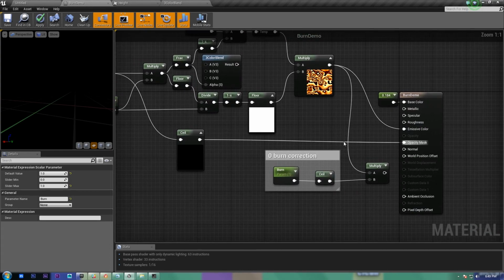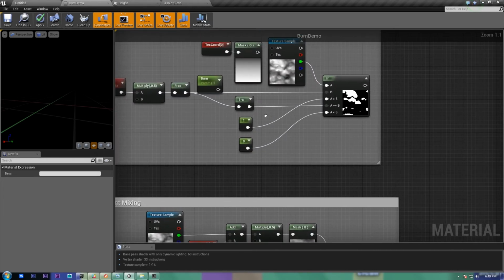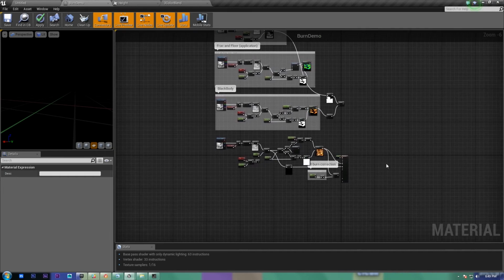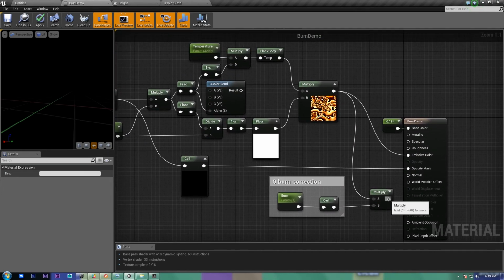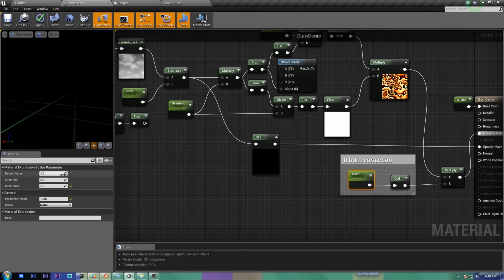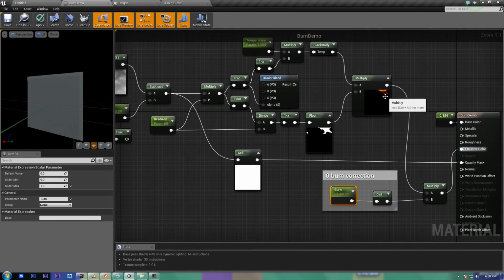And there's a small fix that you need to apply if you're using ceiling. Now, if you're going to be using if, you don't need to do any of that because that's built into the A equals B. But since I decided to go with ceiling, whenever burn is anything above 0, as you can see at the right here,